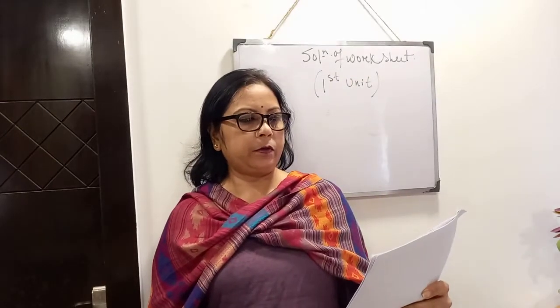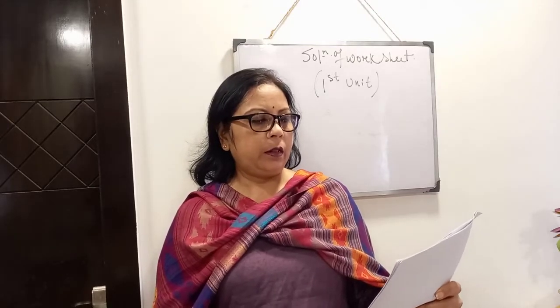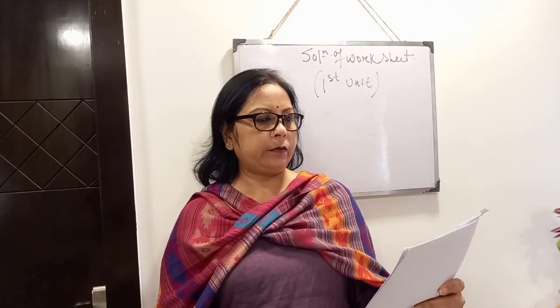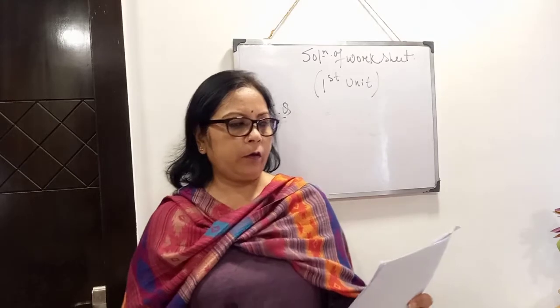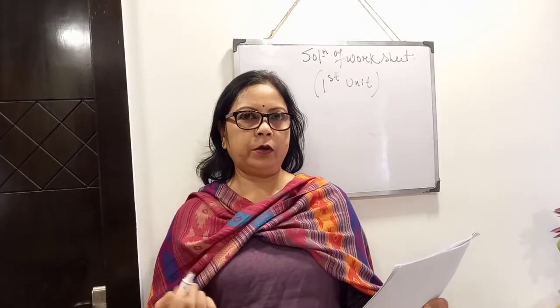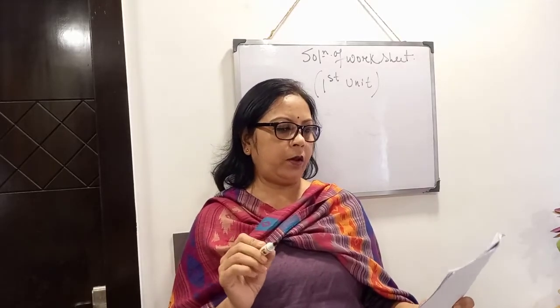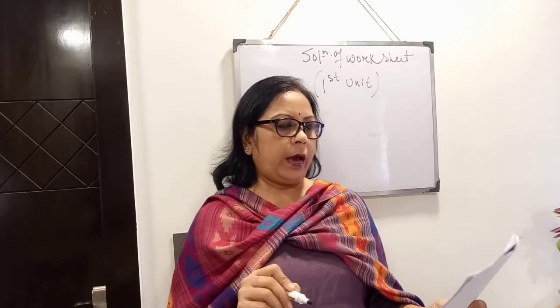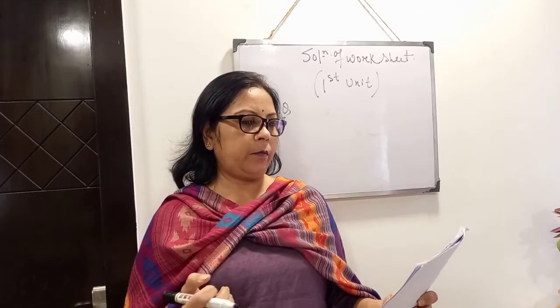Okay. Sum number 1. Our principal becomes double in 20 years at a fixed rate of SI. The principal will be 3 times at the same rate of interest in, you have to find, options are given of years. In the first case, they have told the principal becomes double. That means if principal be P, amount will be twice of P. And time given 20 years, and rate of interest not given.